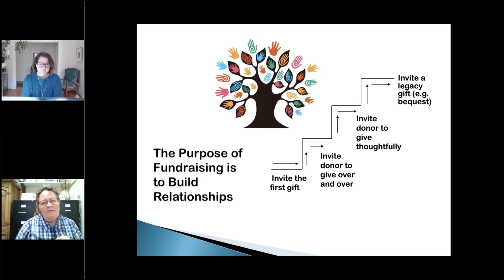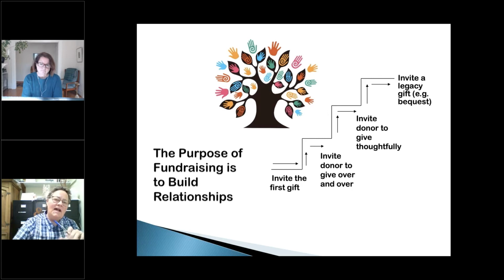But what we want to focus on is this, which is the definition of a major gift from the donor's point of view: is the amount of money I am giving commensurate with how much I say I care about the causes and the work that your organization is doing? Is this the right amount relative to my caring? Only I can answer that question. Your organization tries to influence how much I care about the group and how much I understand. And of course, the ultimate gift is a legacy gift.